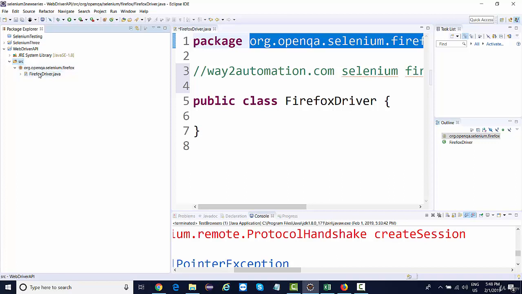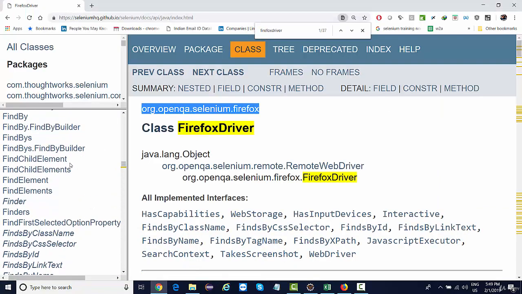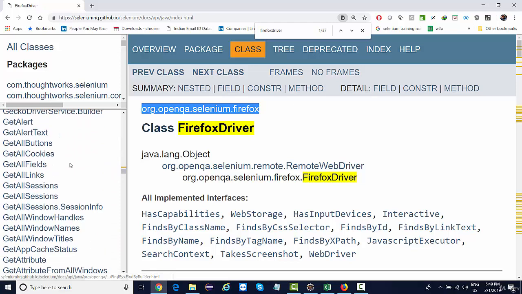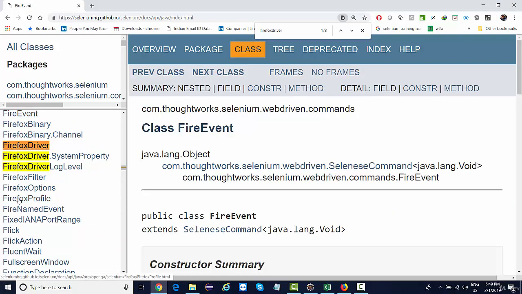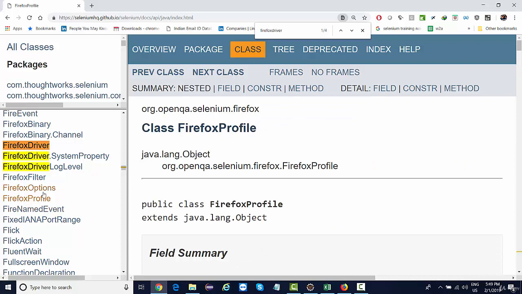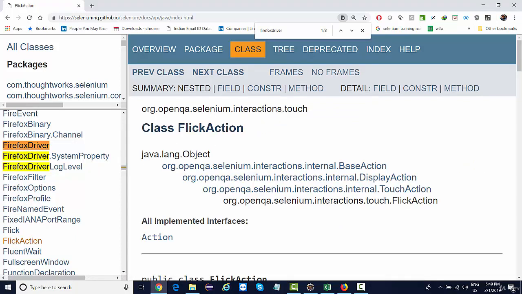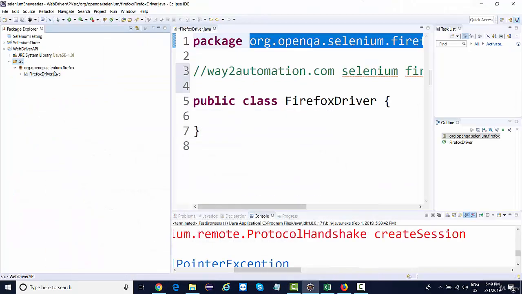It's not that you will be creating only one class. It may happen there could be 100 classes. If you see over here, the Java document, it contains a huge collection of classes. And if you click on different classes, you will see different packages. See, all the classes are in different packages. This is in a different package, right? So packages are nothing but folder structures. This is how classes are maintained.